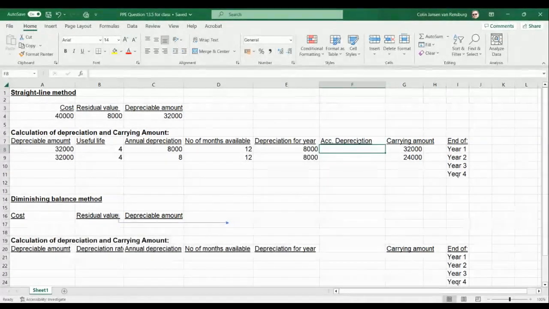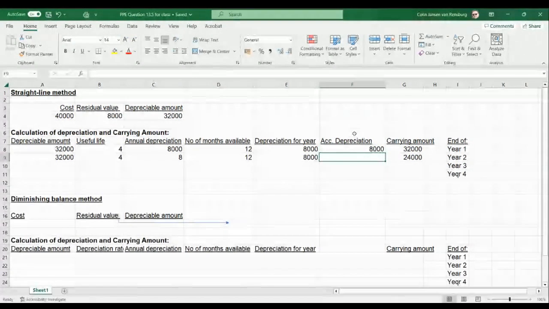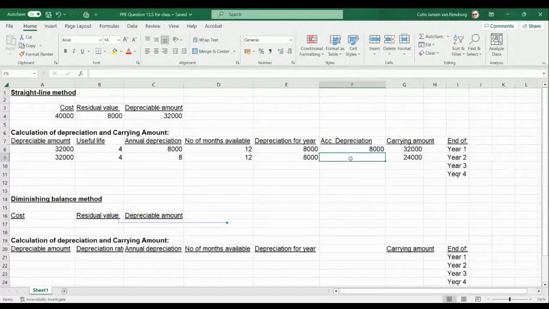Accumulated depreciation. So in this case it was 8,000. Right? And now our accumulated depreciation at the end of the second year, let us design a little formula for us there. I will go and update all these formulas later on. It is going to be